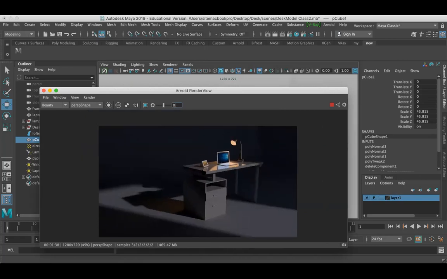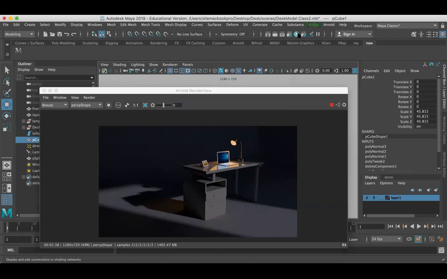So this is what our class was about today. I just want to make something visible here. You can see the face is still not visible because the cube is applied with Maya material.